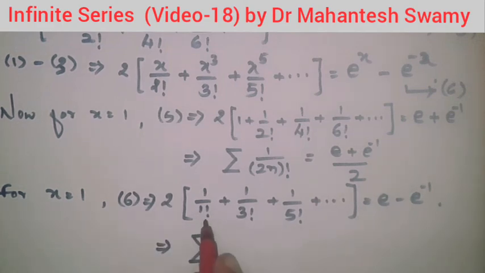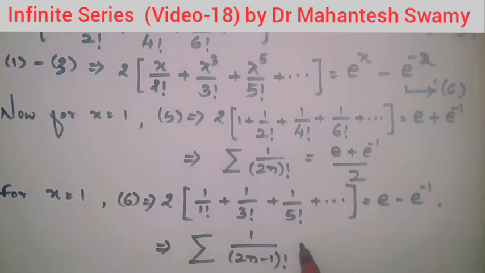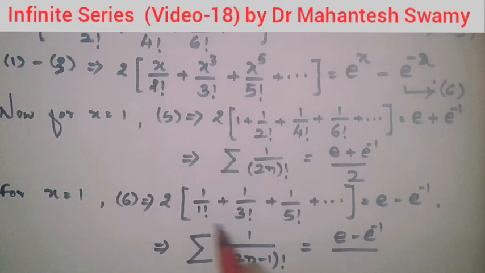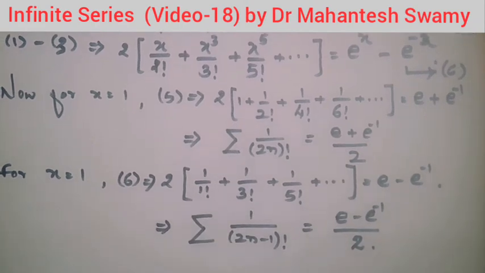These are the odd numbers, and in order to account for the odd numbers, the practice is to write 2n minus 1. The odd number will be taken into account by writing 2n minus 1, and factorial outside, everywhere factorial is there, therefore it is factorial here. That is equal to e to the power of 1 minus e to the power of minus 1. It is already there on RHS. So along with that, this 2 comes in the denominator. So this is the new series, and we will be using all these results in order to find the sum